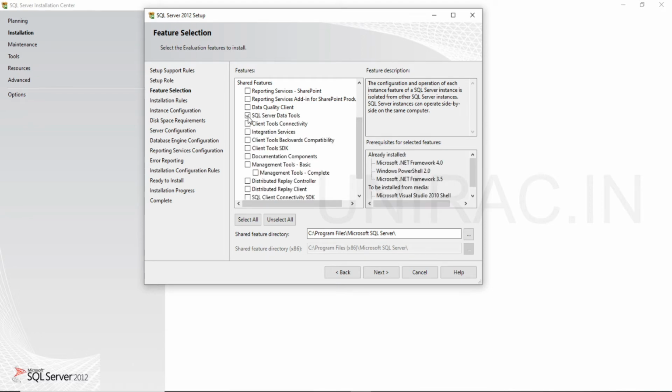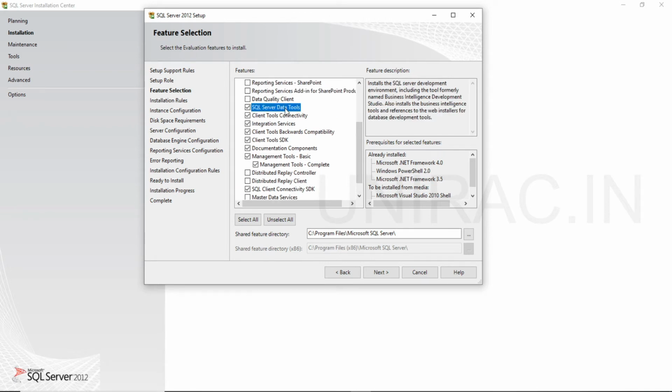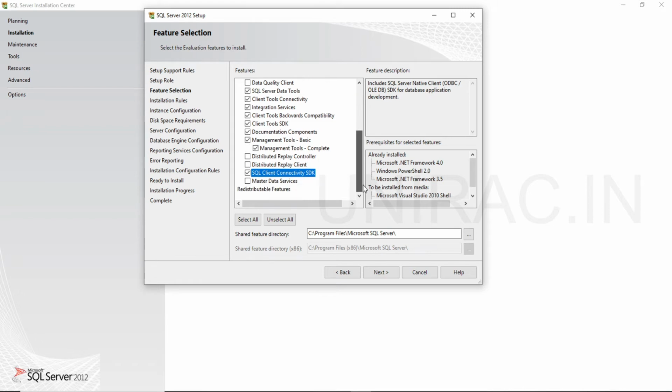SQL Server Data Tools, client tools connectivity, integration services, client tools backward compatibility, client tools SDK, documentation components, management tools, SQL client connectivity SDK.